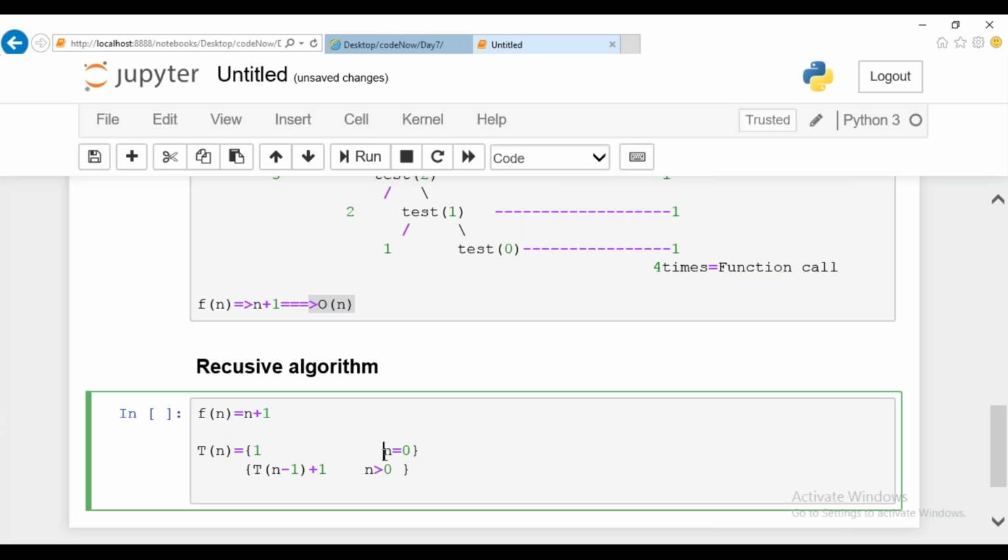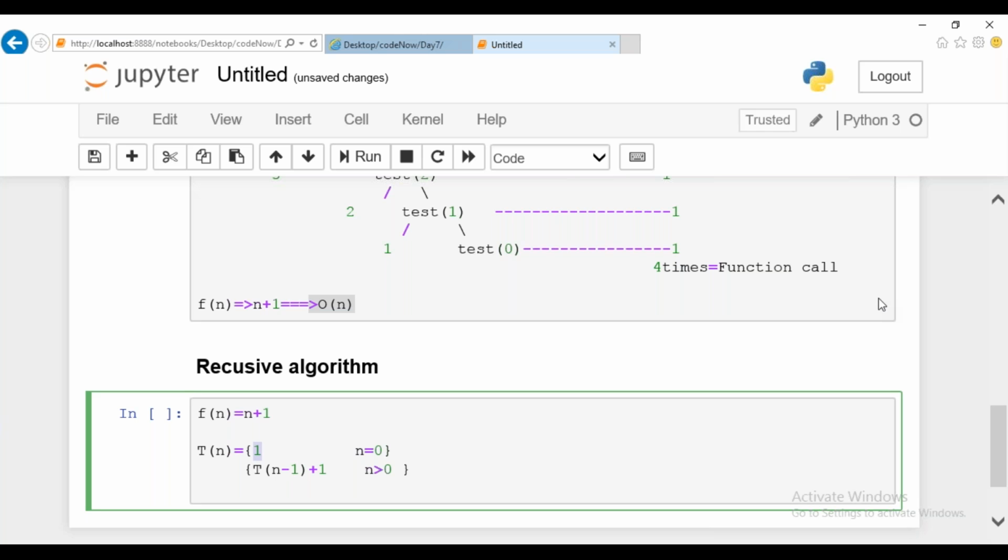Guys, is this clear how we are forming this equation? We are supposed to form an equation if we are going to make use of a recursive algorithm. This recursive algorithm is very simple. By using the recursive algorithm also, I can find the order of the particular program. This is also one of the methods available. Are you clear how to form this? What is the equation, and when does the loop break? If my n value is equal to 0, nothing is going to happen, so I form the equation as 1. Till this, are you clear?